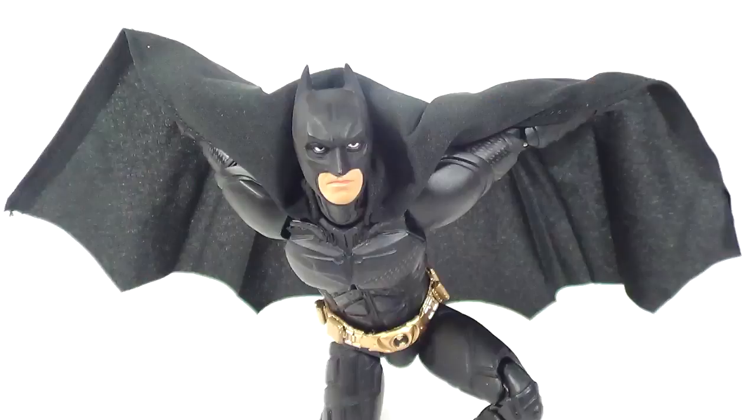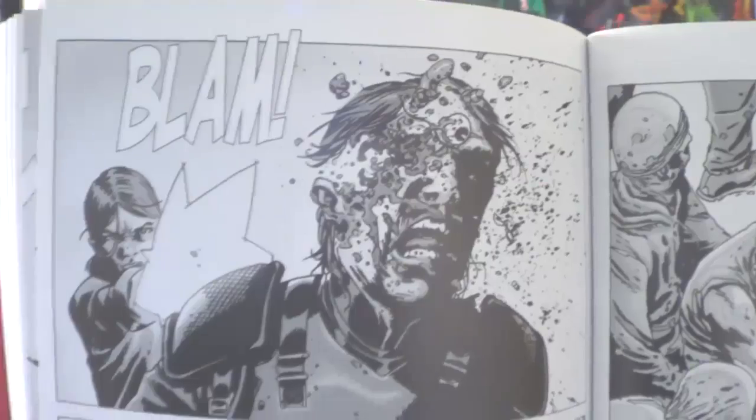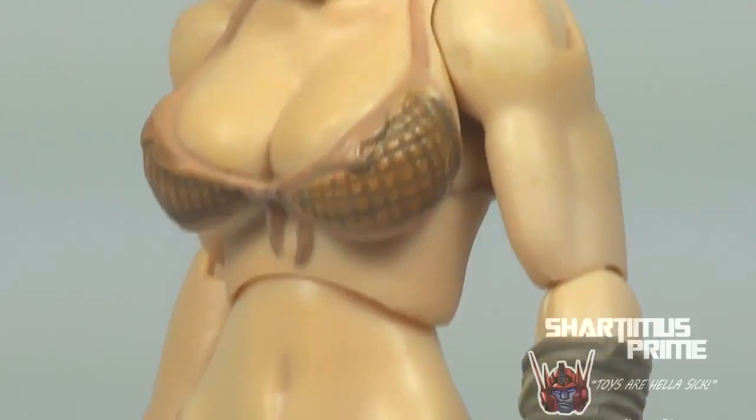Chartemis Prime, Chartemis Prime, reading comics, toys are hella sick, hella whacking it, taking bad hits, taking bad shits,